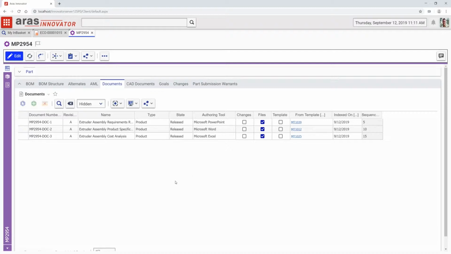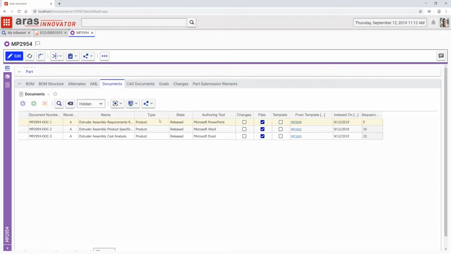I can download these files, I can open them up in Microsoft Office and be on my way. But there's other scenarios when I don't really need to edit things. I just need to refer to them or access the information contained in them. And a third scenario may be where I need to access the information and then contribute in the form of a comment in a collaborative environment.